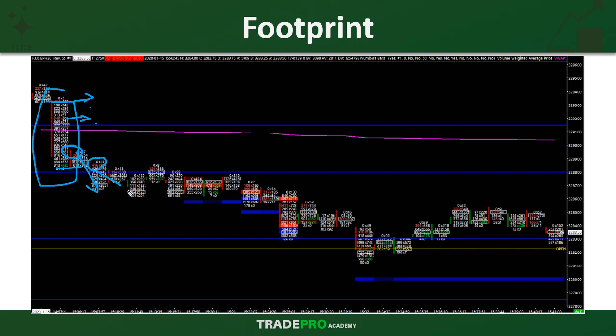And as long as these sellers continue pressing price lower and are not getting retested, look, a strong seller comes in and is not getting eaten up, then the market price has the opportunity to go down further. That means more market selling is actually coming into the market. So right here you get a stack of buy imbalances, but that's not really something to worry about, because when that reversal